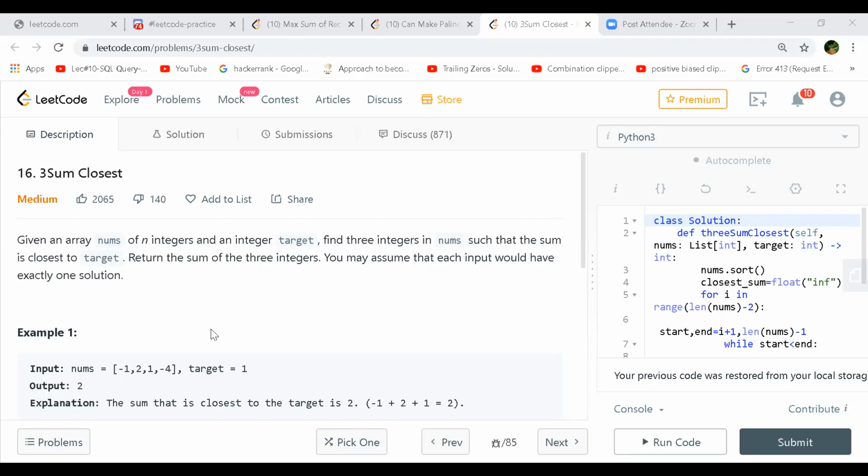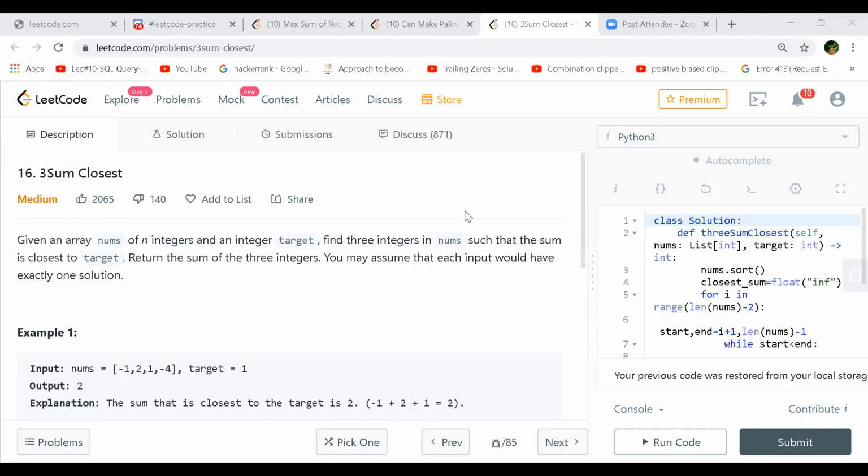So in all three loops you iterate, start from the zeroth index, and keep adding one index every time, and check whether the difference with the target is the closest.